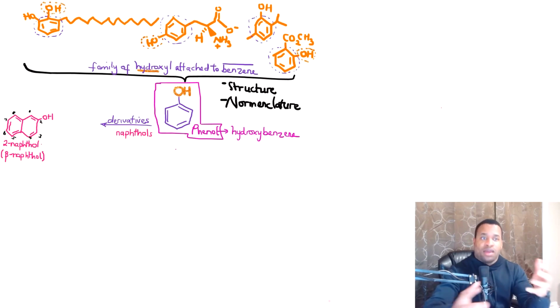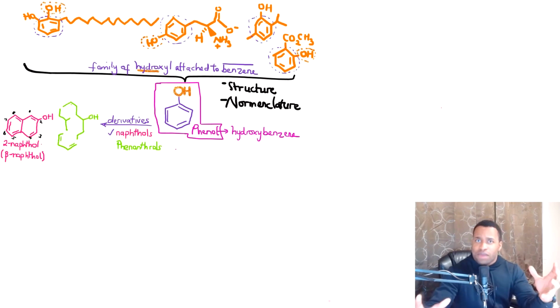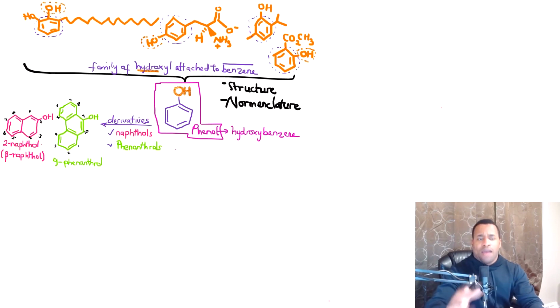There is another type of phenol called phenanthrol. Phenanthrol has three benzene rings fused together with the hydroxyl group attached to one of the carbons, and by numbering, the hydroxyl is attached to carbon 9. In this case, it is called 9-phenanthrol. So the numbering gives it away, and once you're able to see the derivatives of phenol,